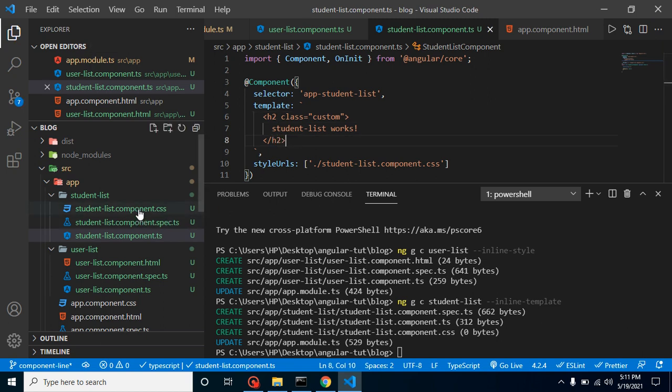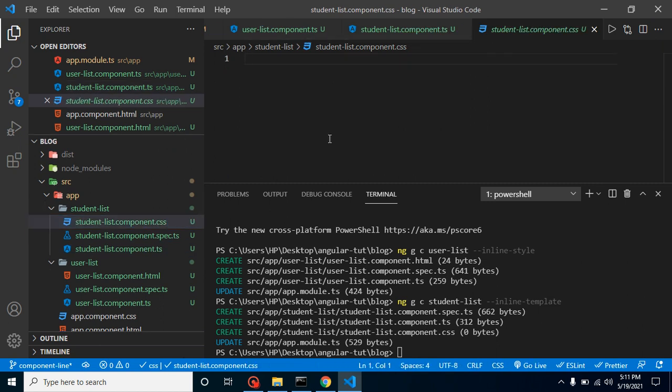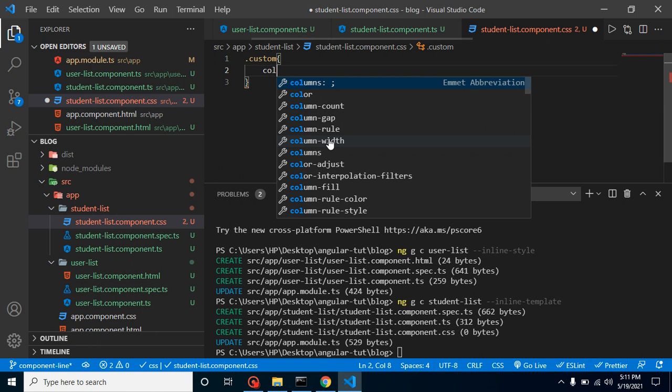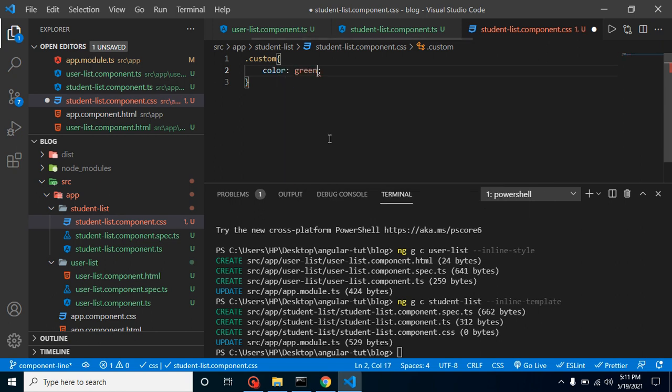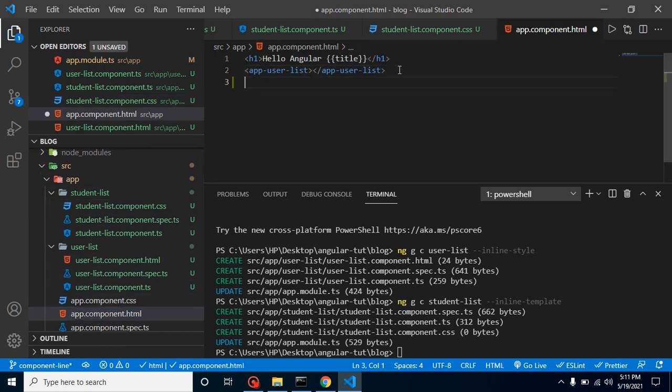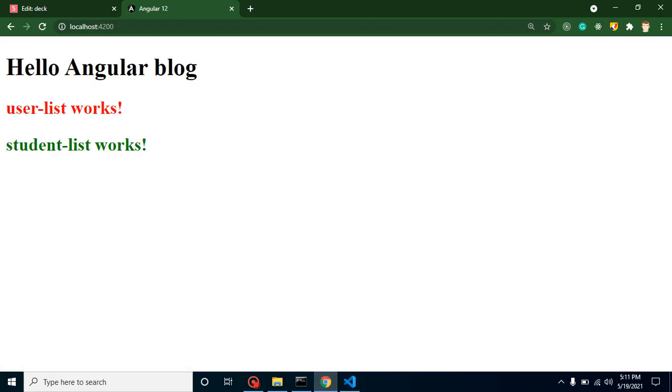We have a CSS file here, so just add custom, color green, and let's add this student tag inside our app.html. Simply put app-student-list here, and let's close it. And here we now have the student list with the green color.